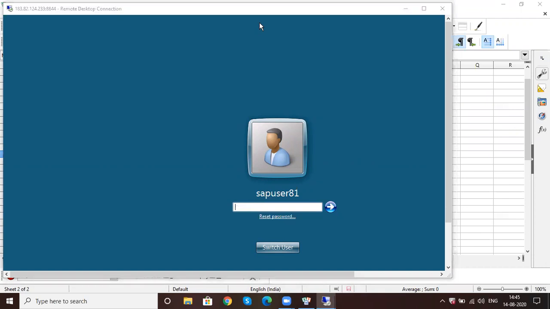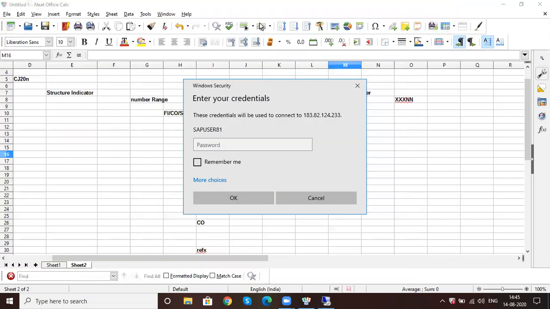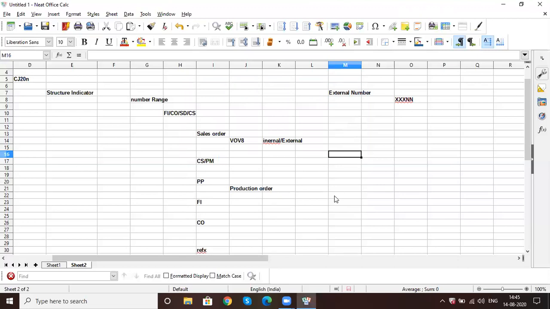SAP user 81. So you're checking with the vendor?